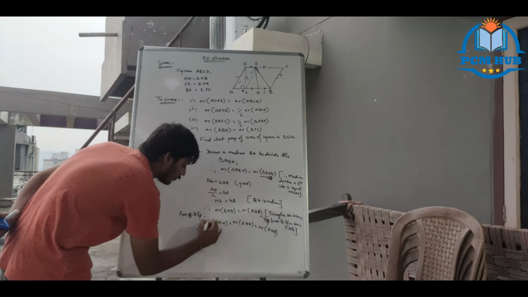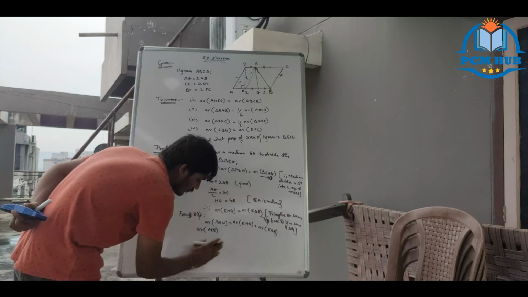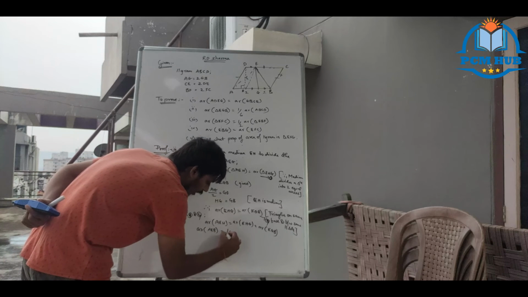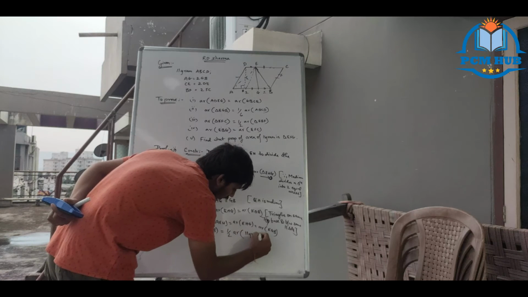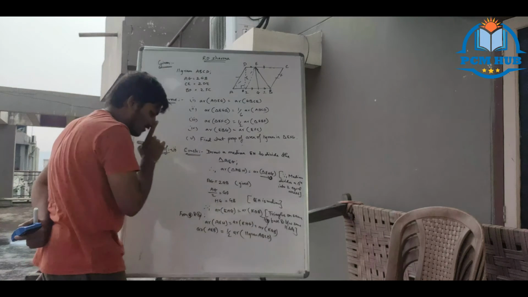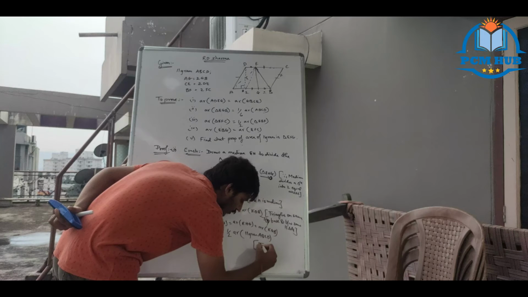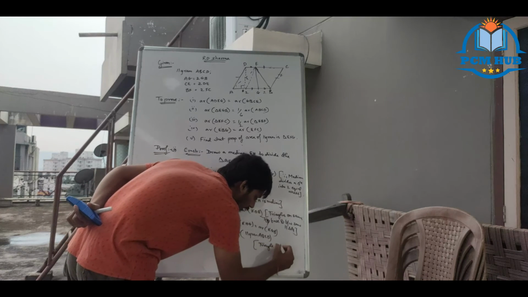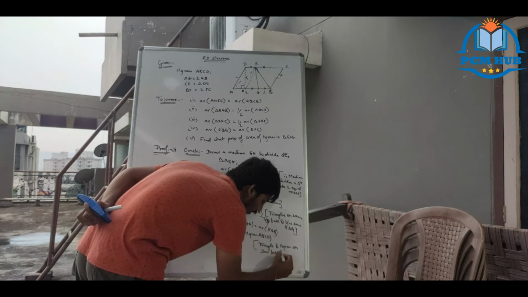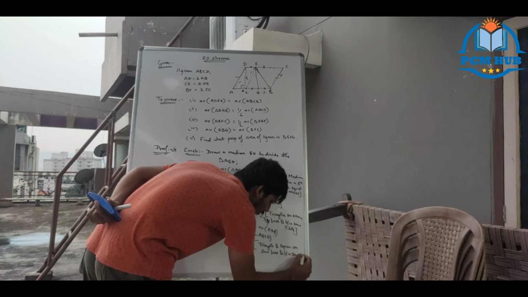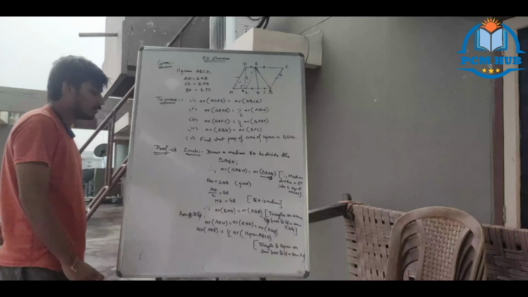And area of AEB equal to half of area of parallelogram ABCD. Reason? You can write triangle and parallelogram on same base and between same parallels. Right, same base. AB is the same base for AEB and between the same parallels.